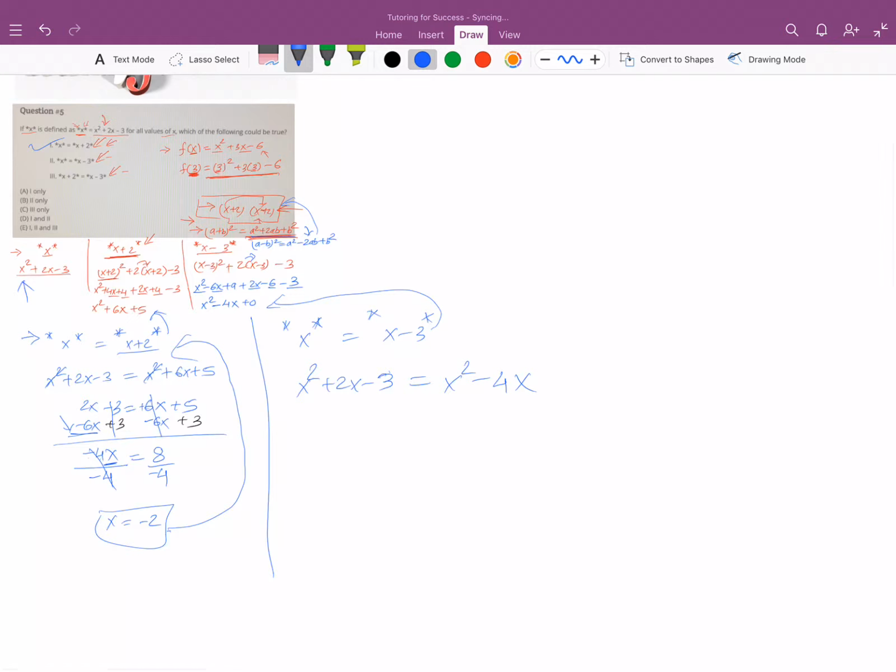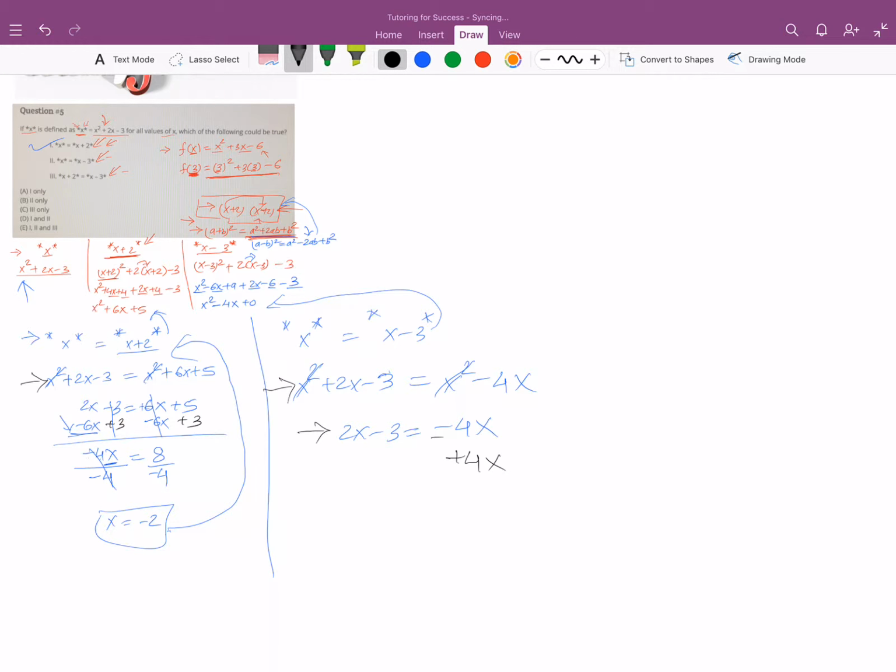Same thing. This x squared and that x squared cancel out. All I have is 2x minus 3 minus 4x. Since this is a practice, I'm writing this step, I'm also writing this step, one at a time, so everybody can follow what I am doing here. But at your level, you can skip this and do the computations in this line, and in the exam scenario you can do that. Okay, so the variable on one side, constant on the other side, so add 4x because